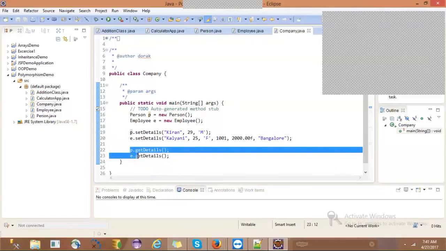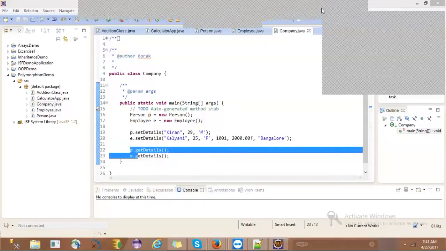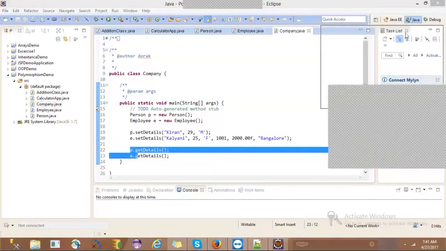Why are we saying it is runtime? Because objects are runtime entities which are created dynamically, at runtime, not at compile time.